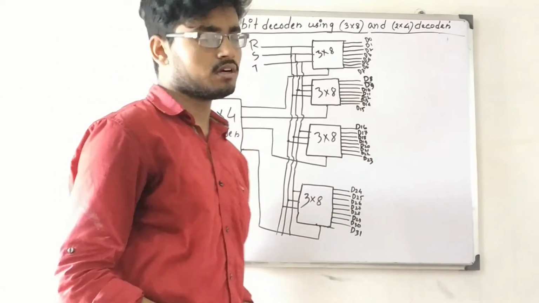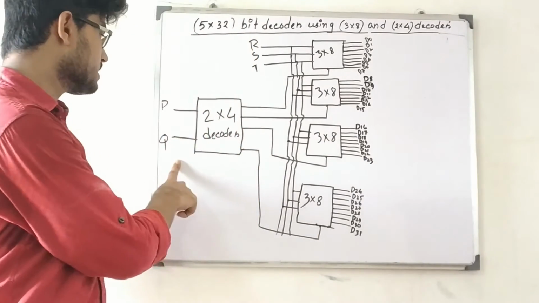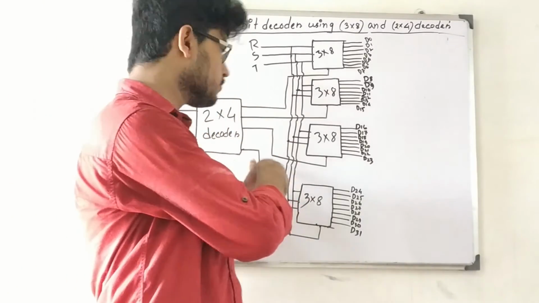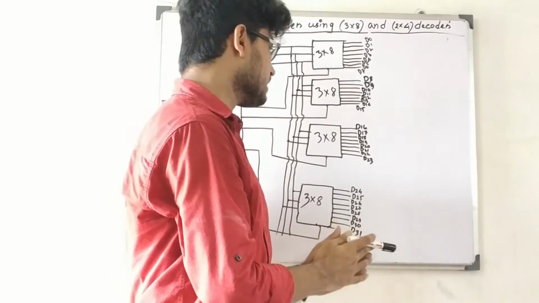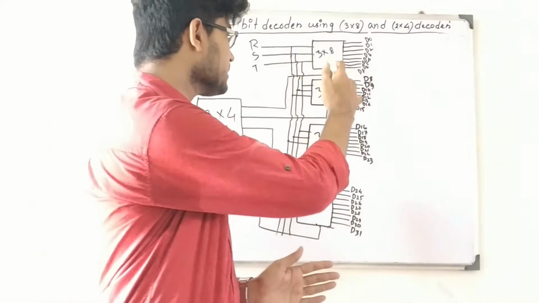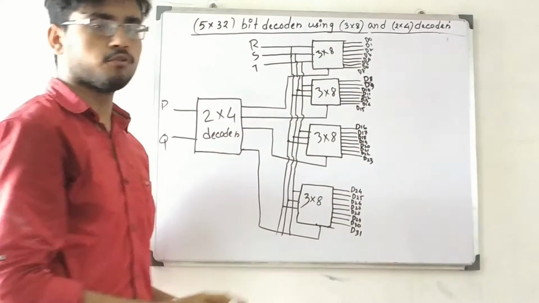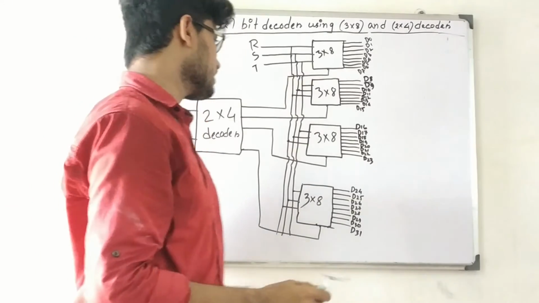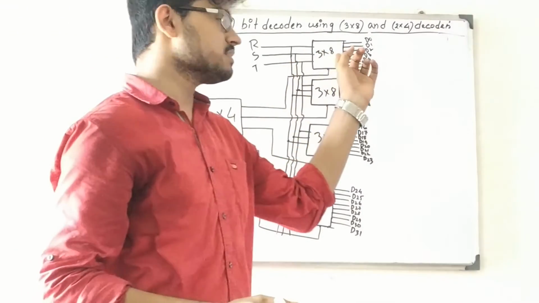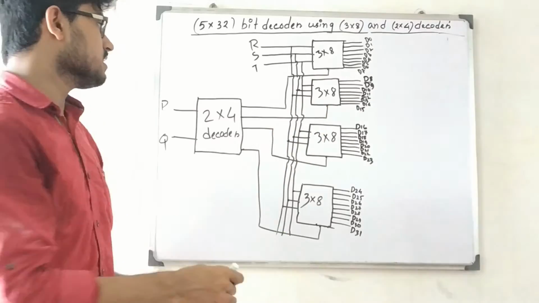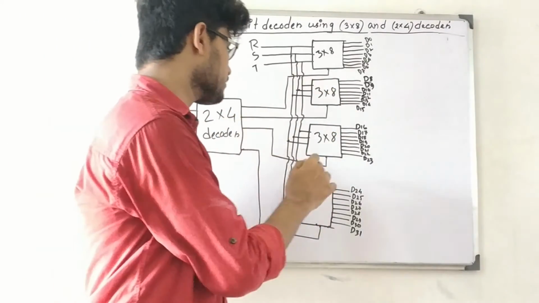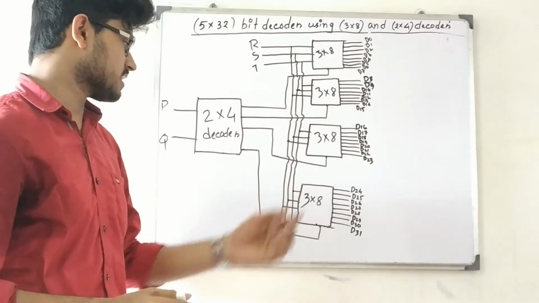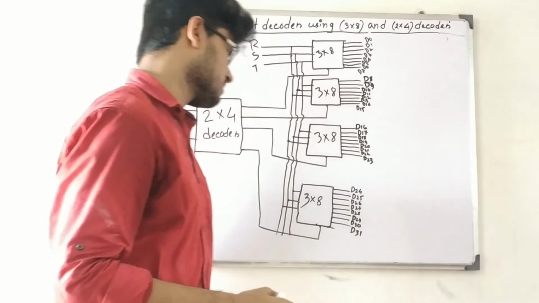It decodes 4 unique outputs. So this is the 2-bit decoder, and we get the 4 outputs here. These 4 outputs act as the activator points of these 4 decoder circuits. This is the activator point of this 3x8 decoder circuit, this is the activator point of this 3x8 decoder circuit, and so on for each of the four.